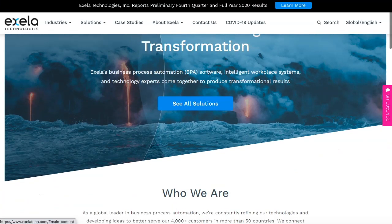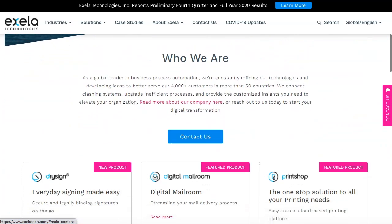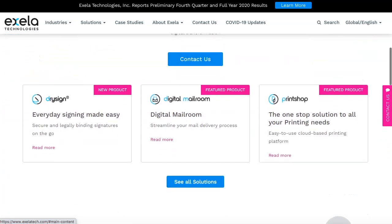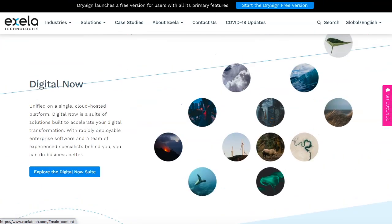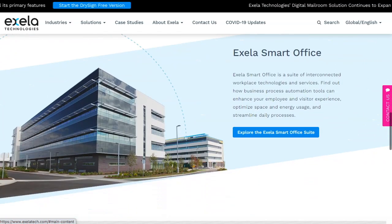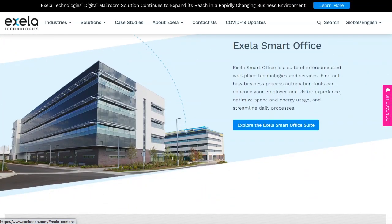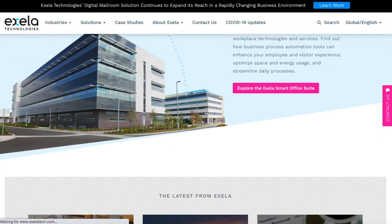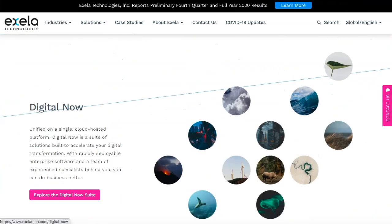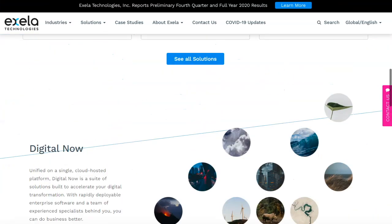It's got 22,000 employees, operations in 22 countries, clients in 50 plus countries, and I'm sure I don't have to tell you that the technology industry is on fire right now. It's a very volatile stock, which means it can spike fast and reach new highs very quickly. And of course, as you know, what comes up must come down. So it does take some wild rides. And if you're willing to hang on for those wild rides, you might be able to make a nice little